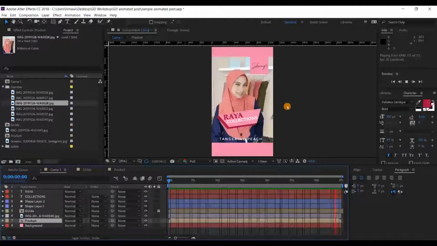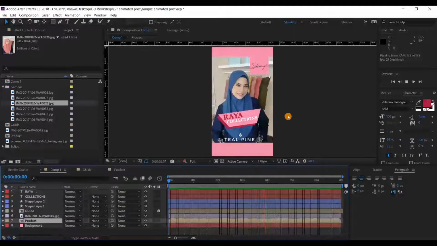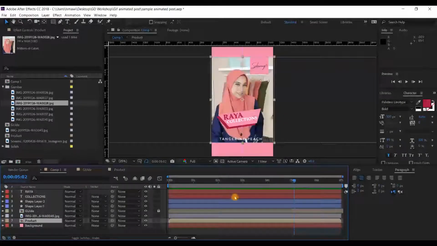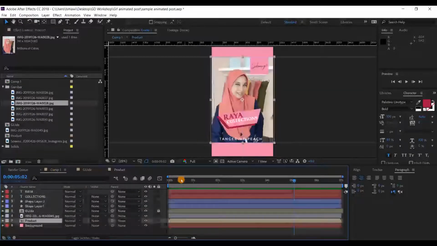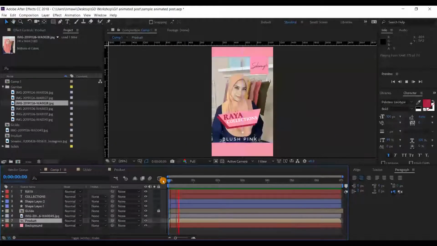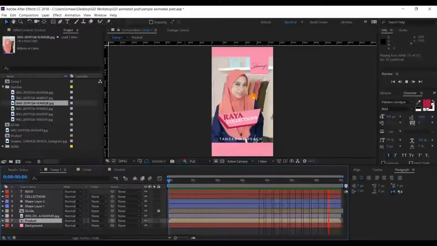So these are the tips for how we do animation inside After Effects. We didn't modify anything in the main composition. We just made another pre-comp where all the animation is inside. Over here you can also change the picture if you like, and that will be automatically updated inside your Comp 1. So without disturbing our main composition, we are creating animation for our pictures.